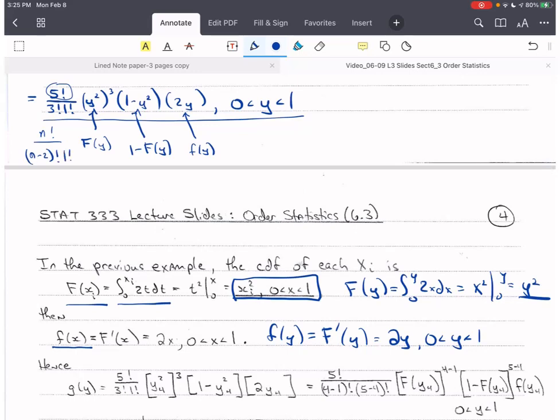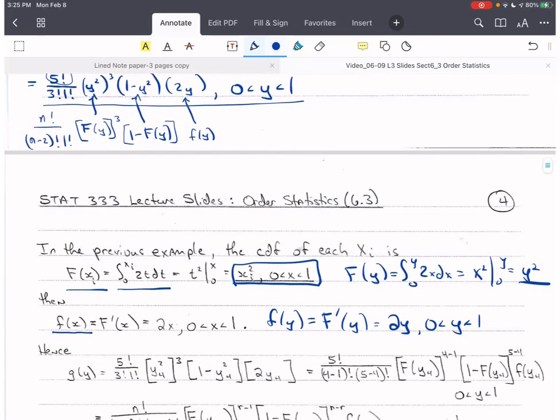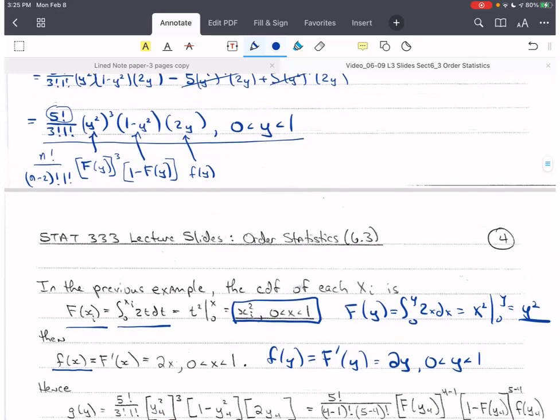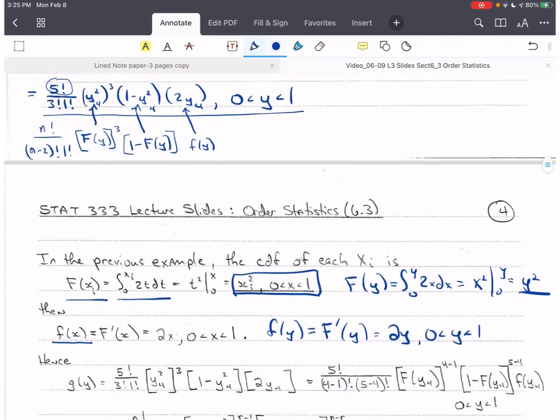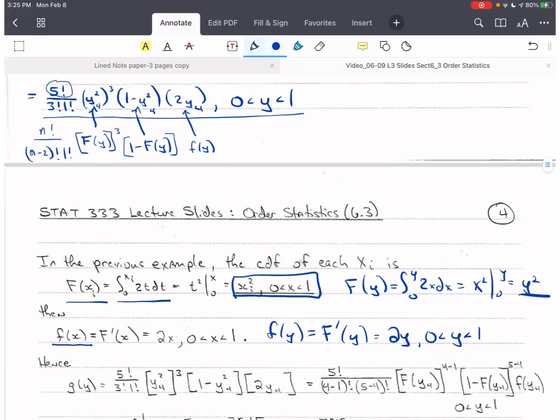And then I've got F of y to the cubed, 1 minus F of y, and then little f of y. Okay. So here I have written it out. I used y4s here, but I didn't use it up here, but I could put a 4 on all of these, and it would be fine, to specify that we're talking about the fourth order statistic,